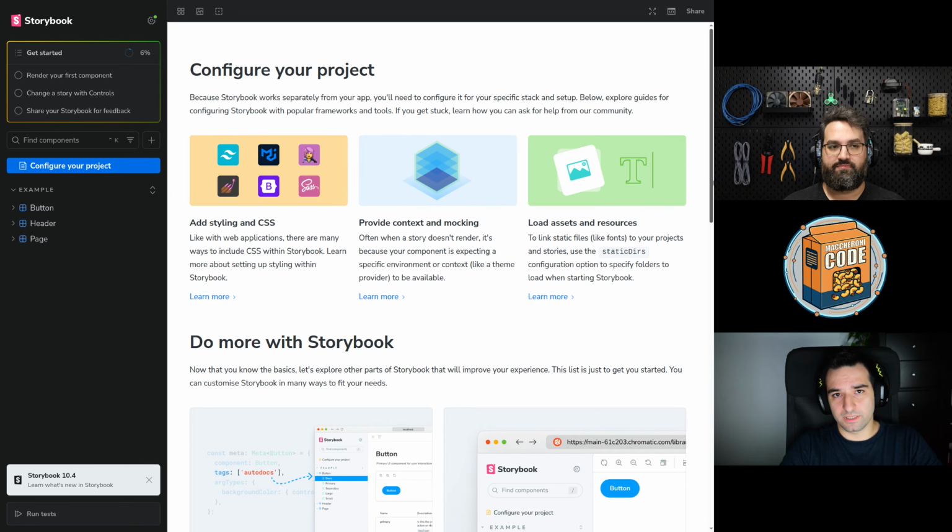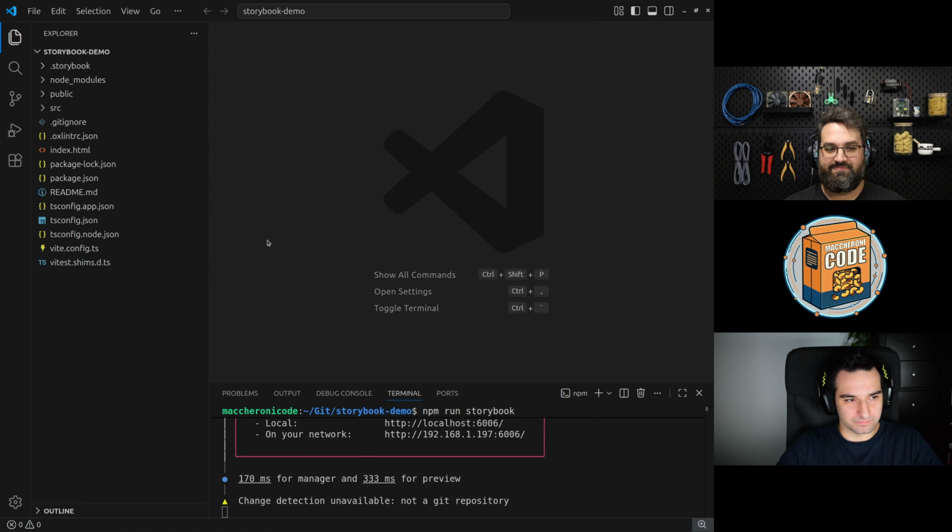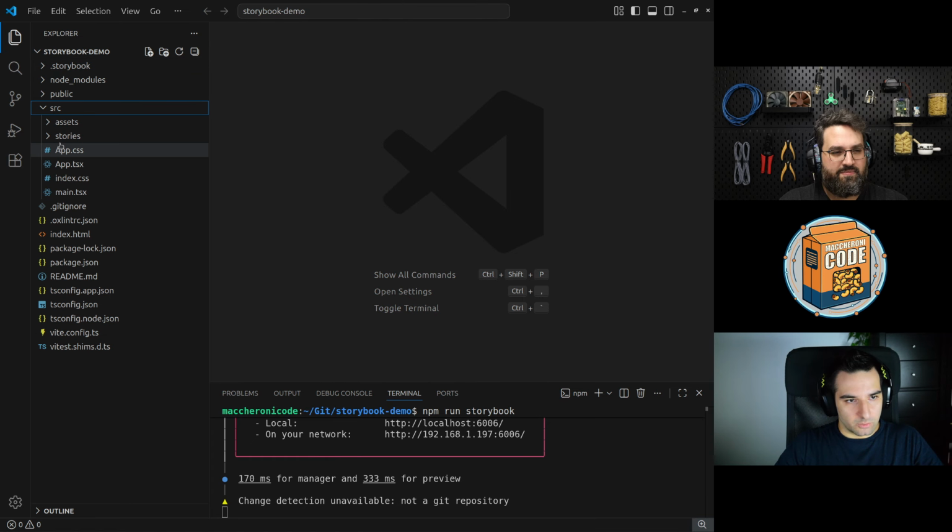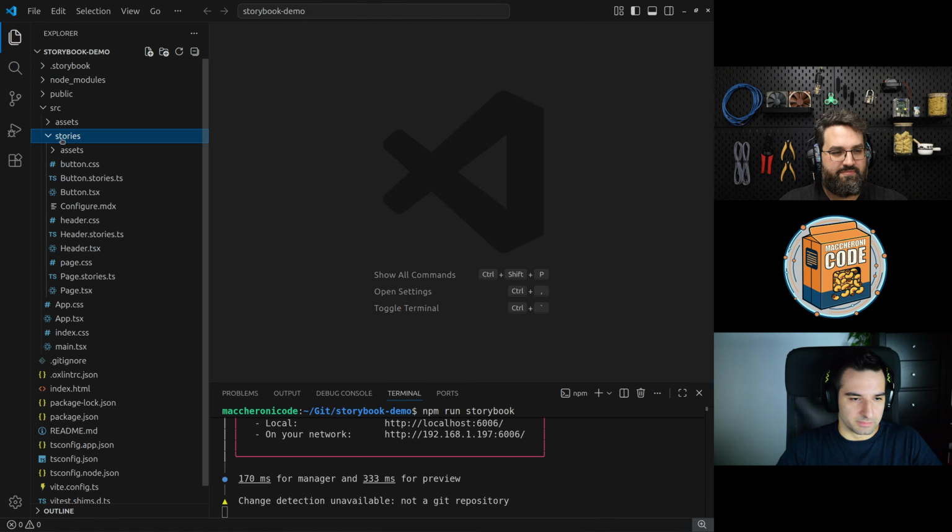Okay, for the one that doesn't fall asleep, here is where we left off in the last episode on Storybook. You may want to take a look at it before we start. Okay, and now this is Storybook, but let's add some component. We go in SRC, in stories, because we are using the example file, obviously.